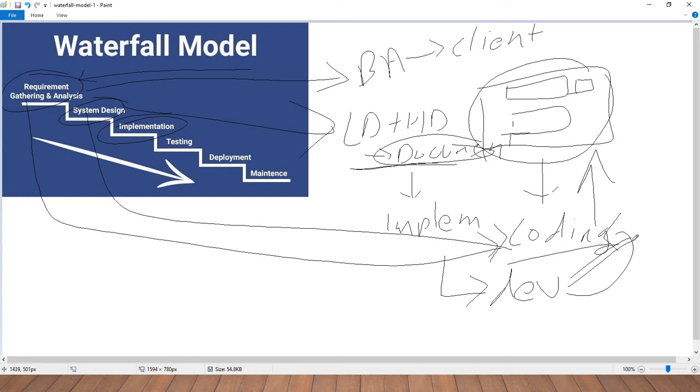So what will we do next? We'll go to the testing stage, because without any testing we can't take this application live. So what do we do in this phase? The tester will test the application. The testing team tests the complete application and identifies any defects in the application.